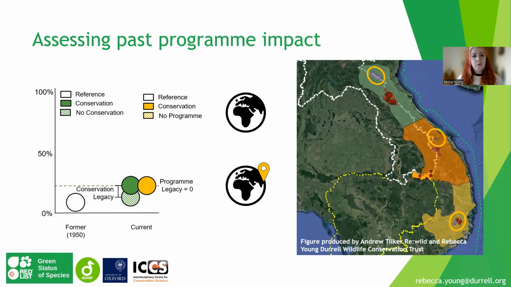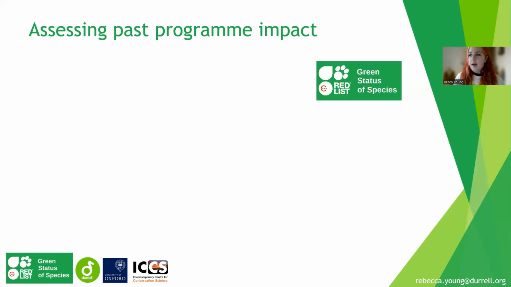So this is reinforcing that potential to think about the geographical scope from the spatial units in a green status assessment when planning programmes in the initial stages. When we're thinking about assessing the past impact of a programme, there are 2 different timescales that we can think about doing it.